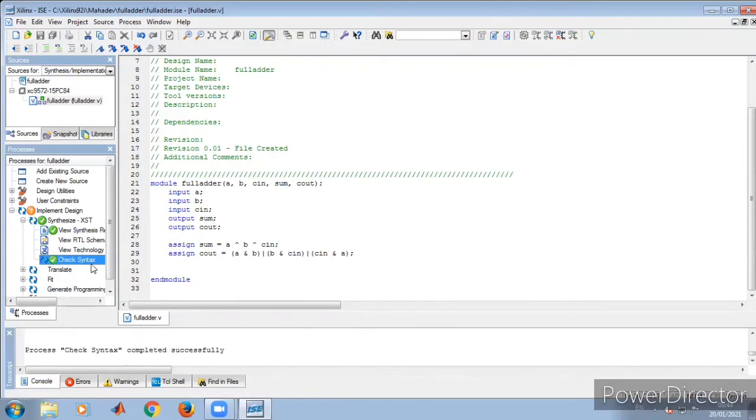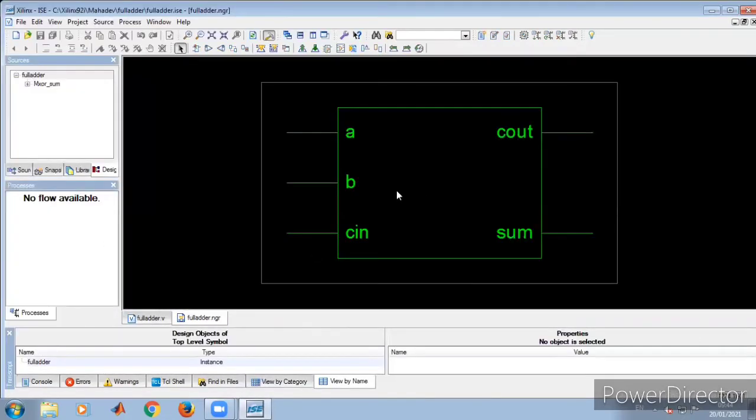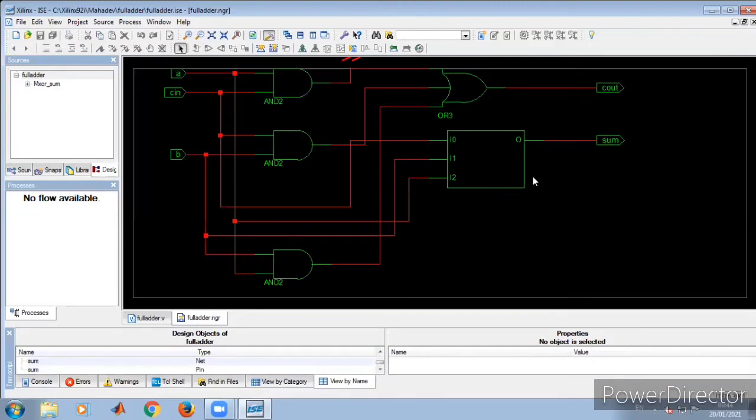Now I'm just checking out once again the synthesis. So go for RTL schematic, double click on this RTL schematic. So what happens here is that whatever full adder program I have written, it is showing the black box here. It is giving the names A, B, C in, C out and sum. You can observe the instance name as full adder and type as full adder. Double click on this. So this gives the full adder operation.